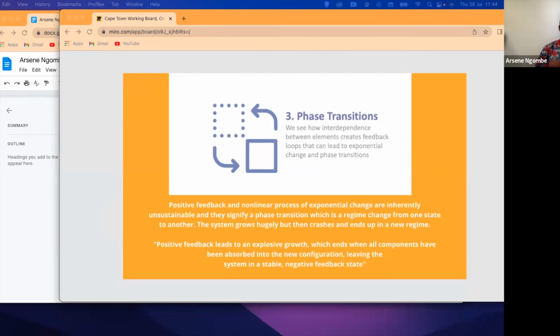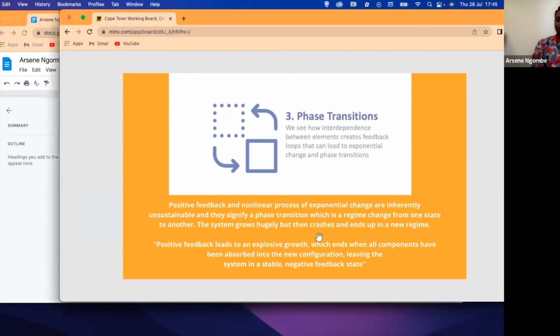A good example here could be one regime creating the other regime, like, for instance, the whole story of water. At some point when it's frozen, it becomes ice, and it changes the regime of the thing. You can't just use it anymore like a liquid. That's an example of positive feedback and how it leads to explosive growth, which then creates or facilitates emergence of a different regime.